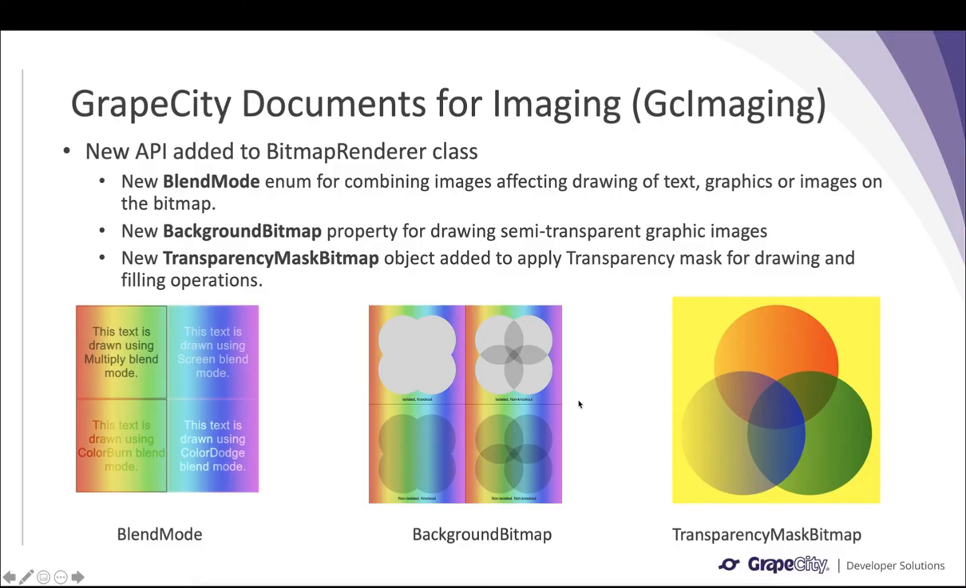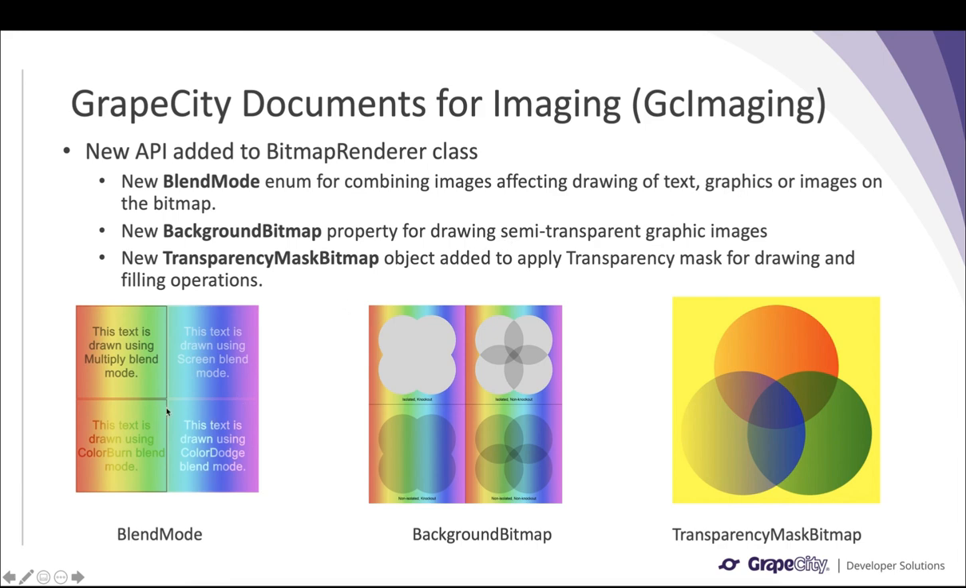We have added some interesting features to GC imaging in the v4.2 release. So when you are combining images or drawing text, graphics or images on an underlying bitmap, or drawing some semi-transparent images, then you would want to control the resulting colors that are being generated. So we have added a new blend mode enum. This will help you to combine images, and this also affects the drawing of text, graphics and images on the